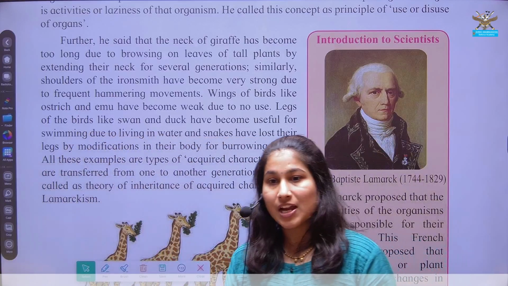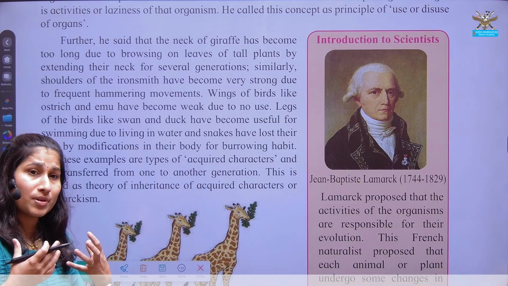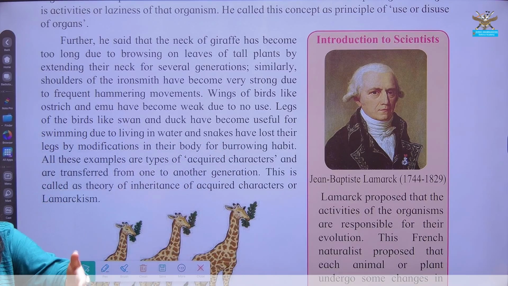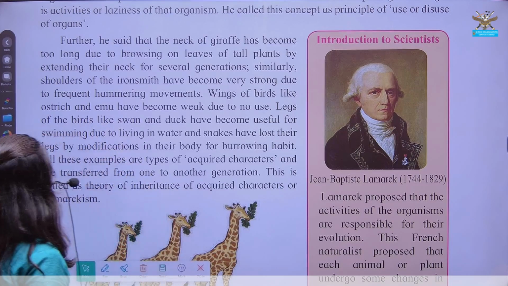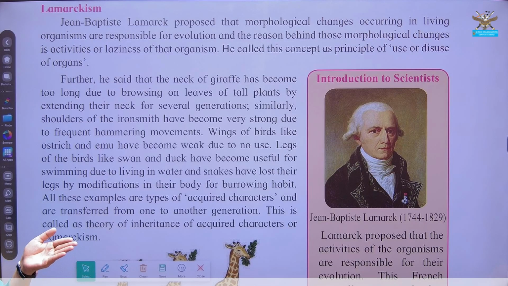There are some birds which can fly, and there are some birds that possess wings, but they are not strong enough to support the flying activity of the birds, such as ostrich and emu. Right? The flying activity of these two animals is not there. He tried to explain that these are the acquired characters of birds, that they have their ancestors' character of wings, but as they do not use those wings, they became vestigial for them.